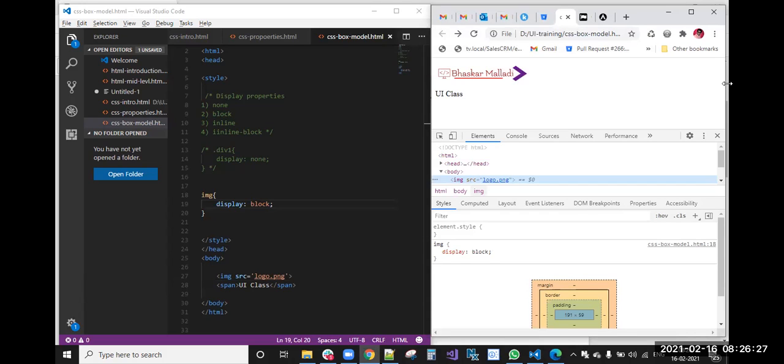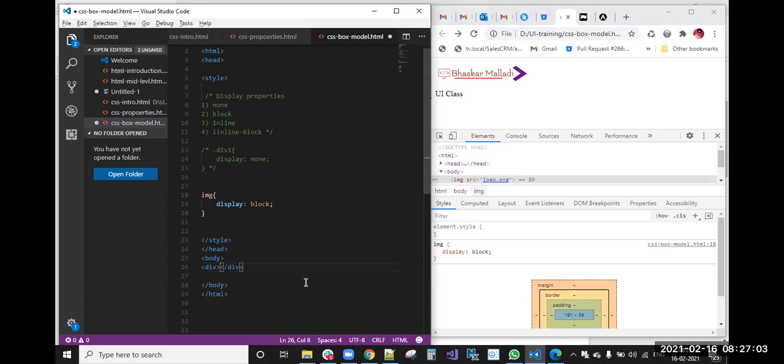Display block property. And now display inline. Everybody knows that we have default display block elements. To make those block level elements into inline elements, we use the display inline property. It is the reverse of the display block property. Display block makes inline elements into block level elements. Now what will display inline do? It will make block level elements into inline elements.